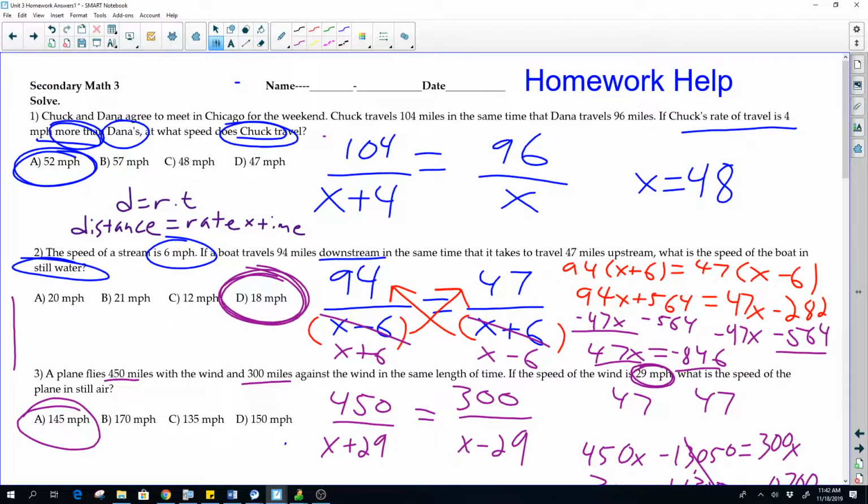So if we're trying to find time or distance, for example, this is Chuck, and he's doing 104 miles. So that's his distance right here. And so distance over, let's see here, at what speed does Chuck travel? Okay, so we're doing distance, and then down below we have our rate, it looks like. So if Chuck's rate is 4 miles per hour more than Dana's, this is the jump, you have to say